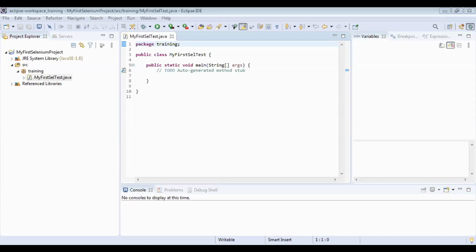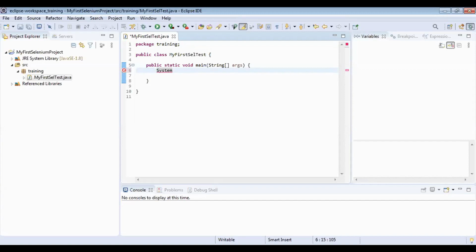Okay, so I have already downloaded the Chrome driver here. Somehow I need to tell my script where my Chrome driver is residing. So how can you do that? You need to define one variable and assign the path of your Chrome driver to that variable.